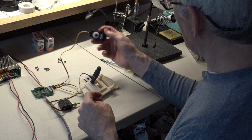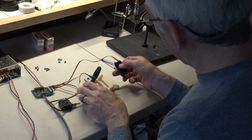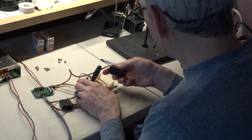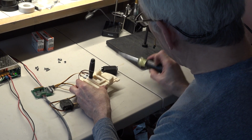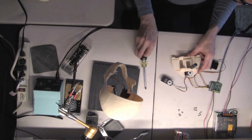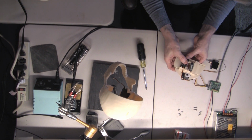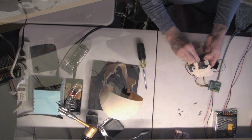Now the second one is the nod servo. And the gear goes towards the back. This is the back side that goes into the back side of the skull. And the flat edge, as I mentioned before, is the front. This has some little notches here and here that match the notches in the servo there and there. So I'm going to turn it around this way, fit it in, and there it is. It's secure right in there. Now I'm going to take the 1/2 inch 632 screws,